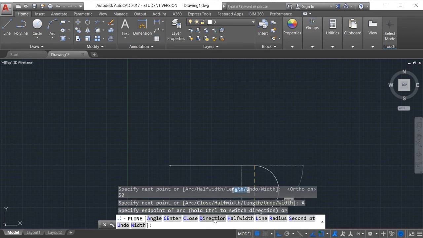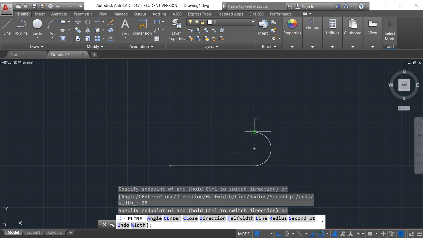Now I have to give width as 20. Enter. And then I have to give endpoint. I am going to give this endpoint, and we can draw arcs continuously by using this also.